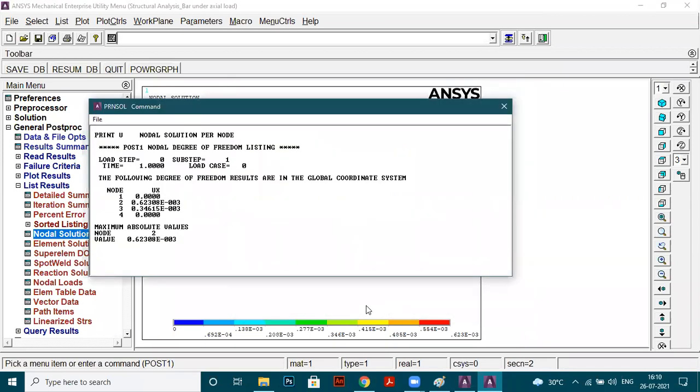Now all of you, just clearly see this window. This is very important. What is the displacement at node 1? It is 0, because this is the boundary condition which we have applied. This is not the answer which you got. Displacement at node 1 is 0, which we applied, and displacement at node 4 is 0, which we applied. These are the boundary conditions which we have applied, right? These are not answers.